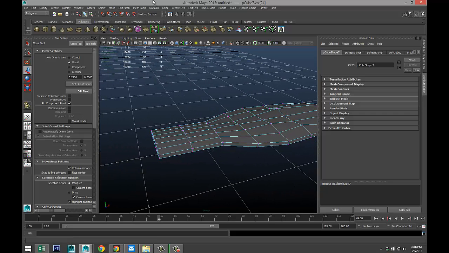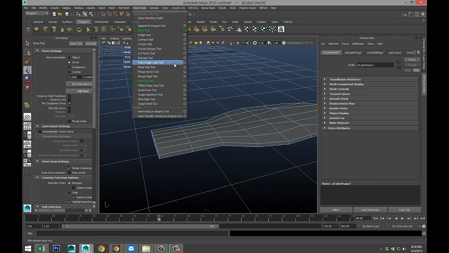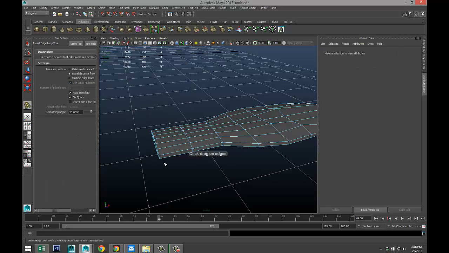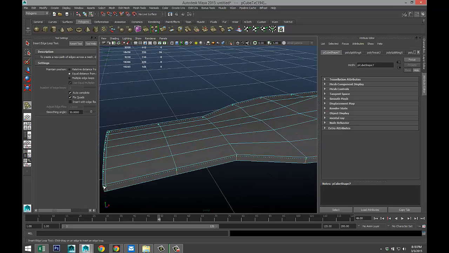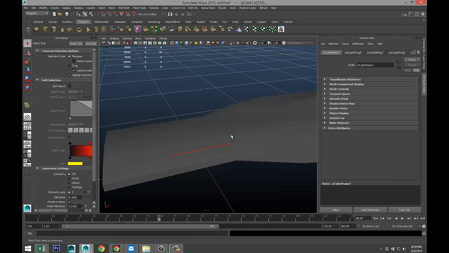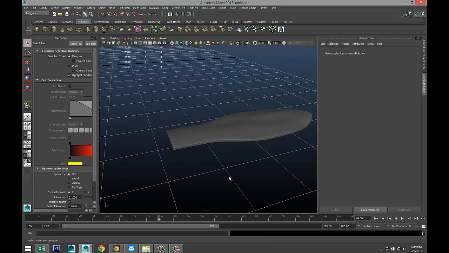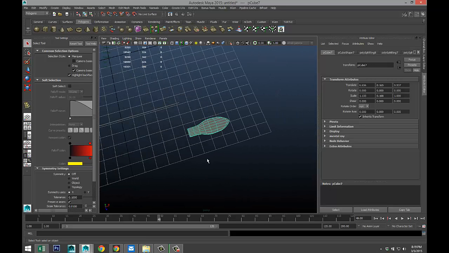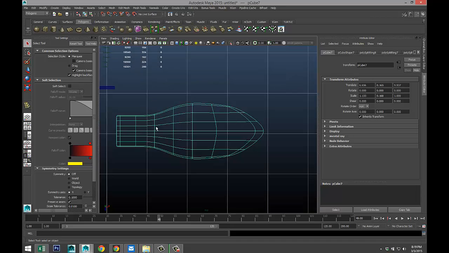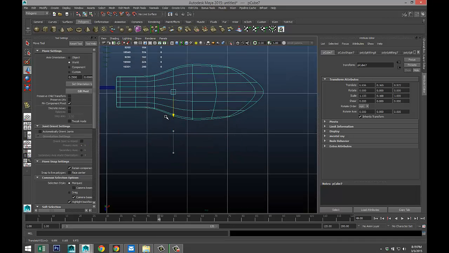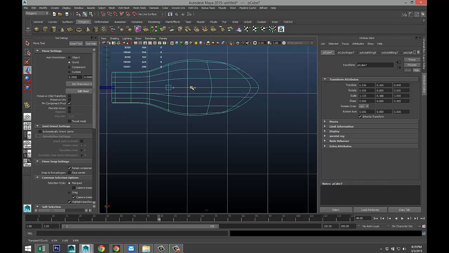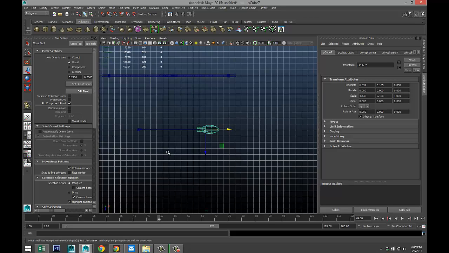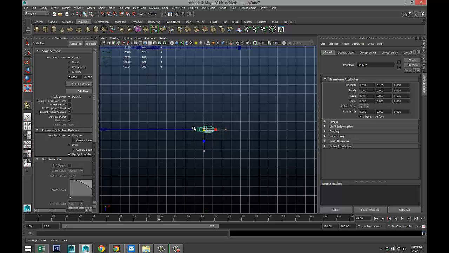All right, and we're going to add some edge loops to hold that shape. So insert edge loop tool, option box, regular setting, push one back here, one up there, one down there, hit Q on your keyboard, right click object mode, hit 3, slightly better. Okay, select our object, move it towards our arrow. So bring that in. That would be centered. Hit F to zoom in. Obviously way, way, way too big, so scale that down a lot.